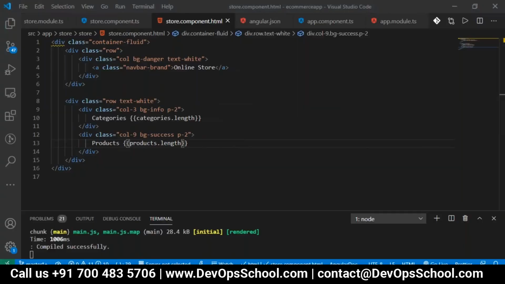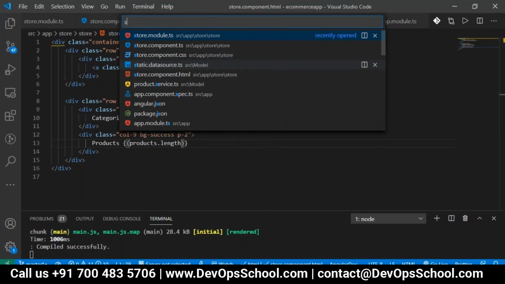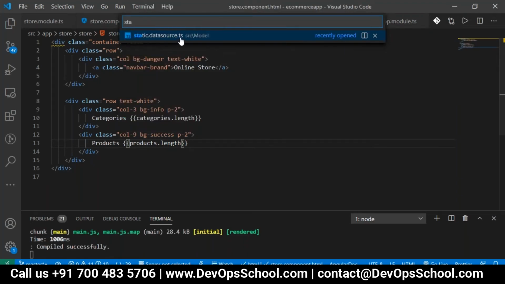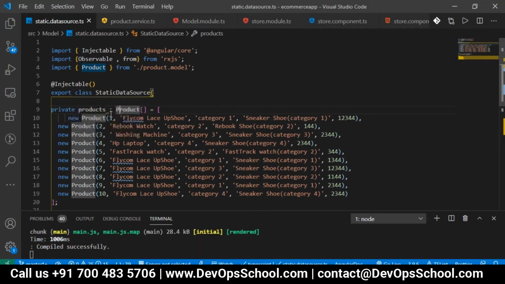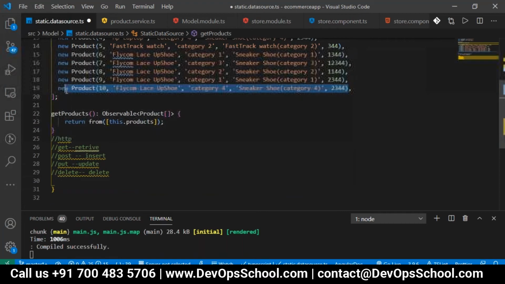Because in our component, in the static data source, if you see, we have totally 10 products, and there are categories 1, 2, 3, 4, so 4 types of categories are there. Let me just add one more product just to show the data is coming for you.